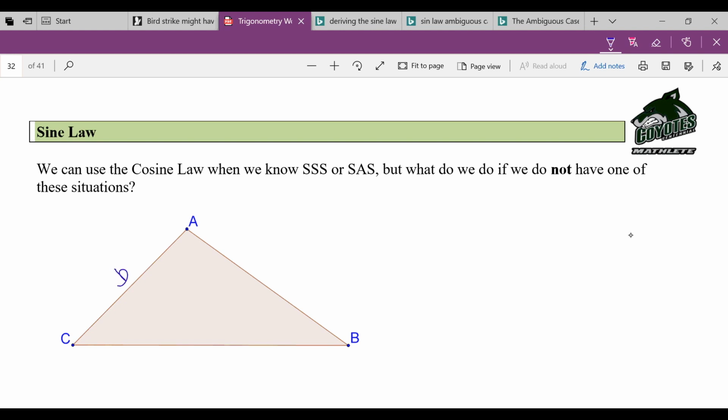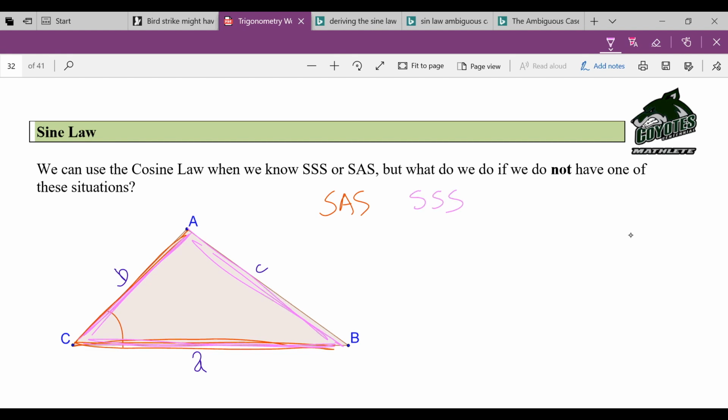Remember that this is B, this is C, and this is side A, right? The opposite of the angle is the side. The cosine law tells us that if we have two sides and an angle, in other words, side, angle, side, or we have all three sides of a triangle, and no angles, in other words, side, side, side, that we can then go ahead and solve this triangle using the cosine law,